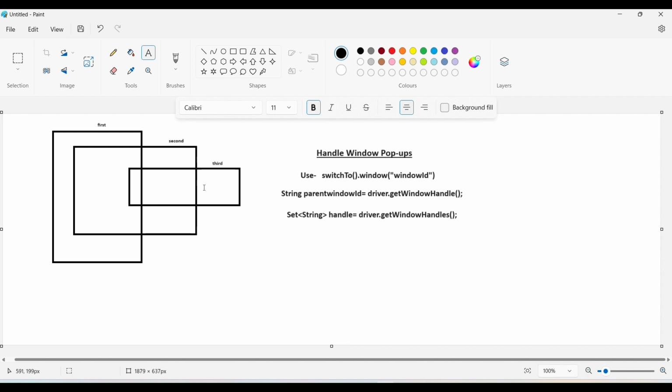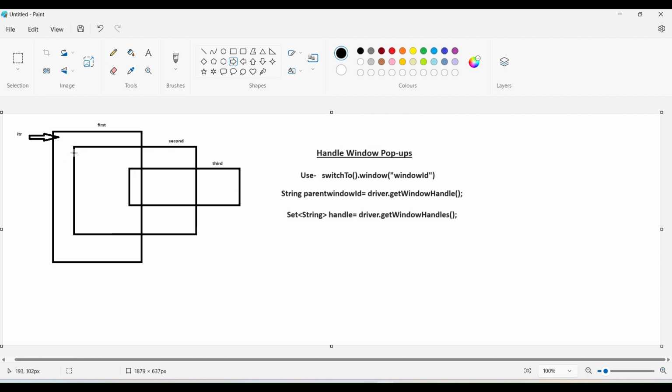Guys, right now my iterator will point to the first window. The iterator will always point to the first window. Always remember, the iterator will iterate the values from the first, the portion above the first window.